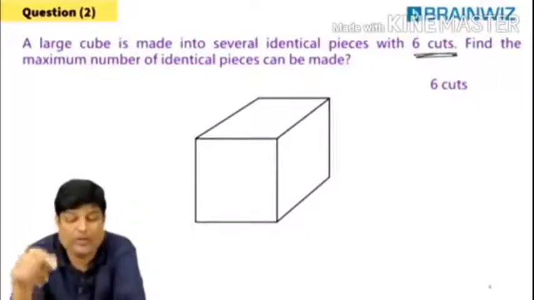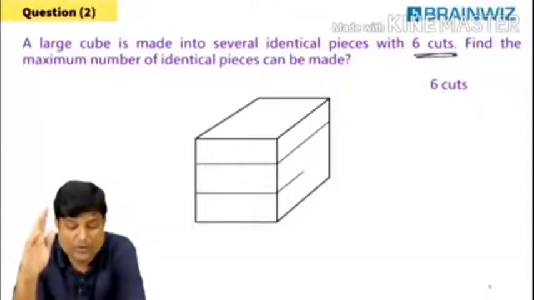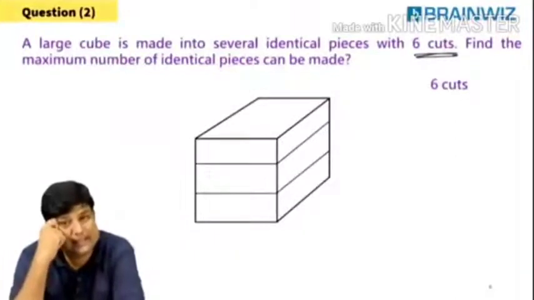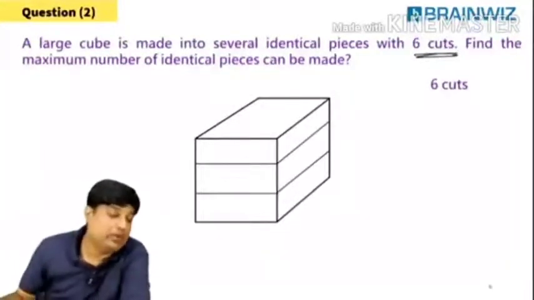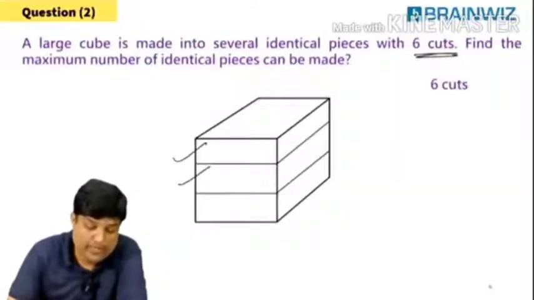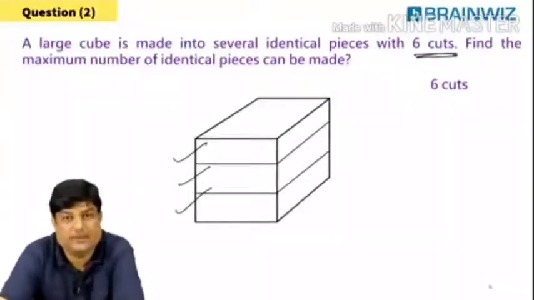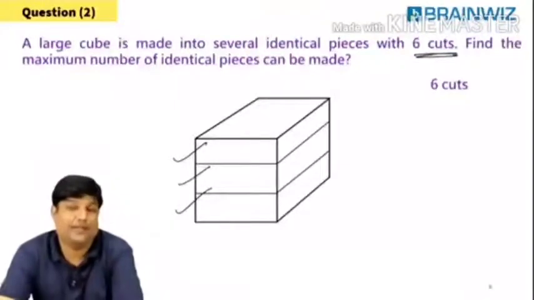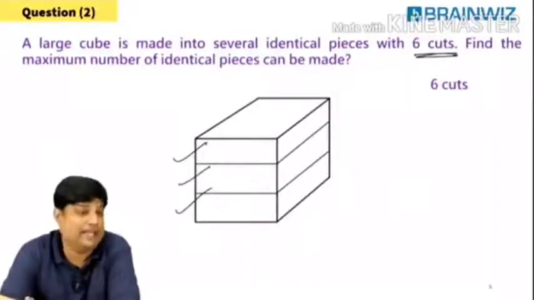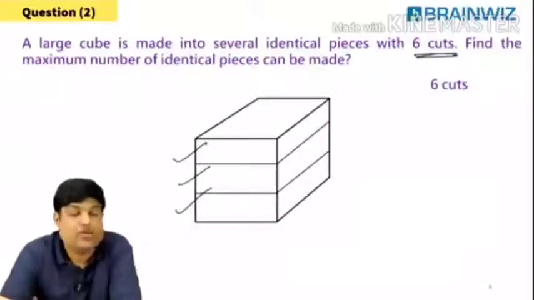Now, how I'm going to tell you. The first thing is what? 2 cuts I'm making on x-axis. How many cuts, students? 2 cuts I'm making on x-axis. When you make 2 cuts on an x-axis, how many pieces are you going to have? 3 pieces. 64, I don't know how it comes. Okay. So how many pieces did we get?